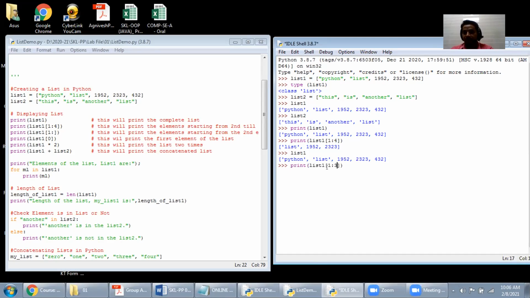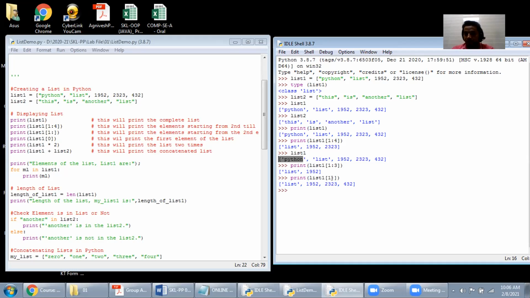So once you press enter, it will print 1 and 2. In this way you can also use slicing. Suppose you have used print list, but instead of that you give any data; once you press enter, it will print the entire list starting from the position given here as 1. Position zero is Python. You can see the statement here, and from 1 to all, it will print in this way.